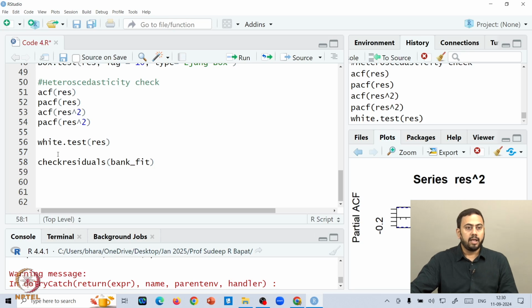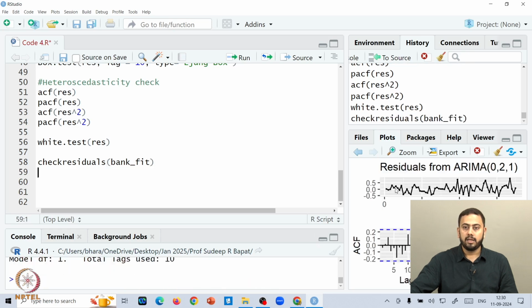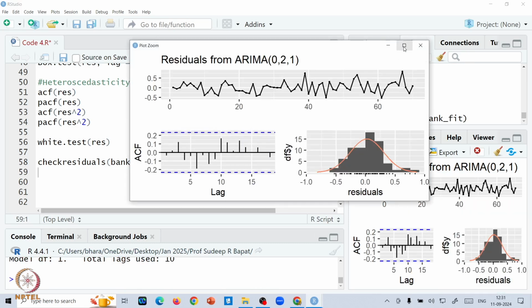And I would like to point out one last thing: in R you have a very interesting function called checkresiduals. What you do is apply this function on the fit itself. If you remember, bank_fit is my ARIMA fit of the model. If you apply checkresiduals on bank_fit, it gives you all these plots in a bunch.